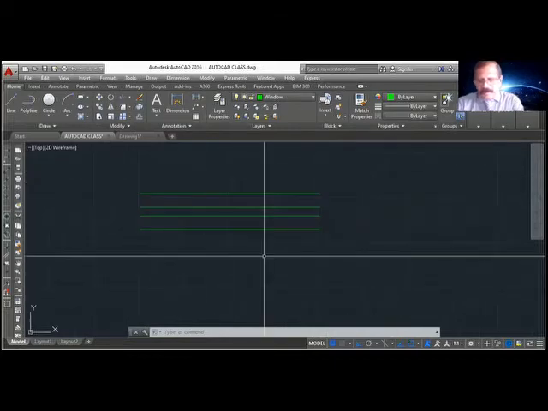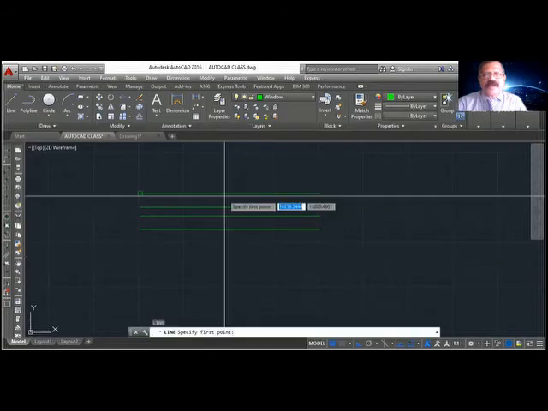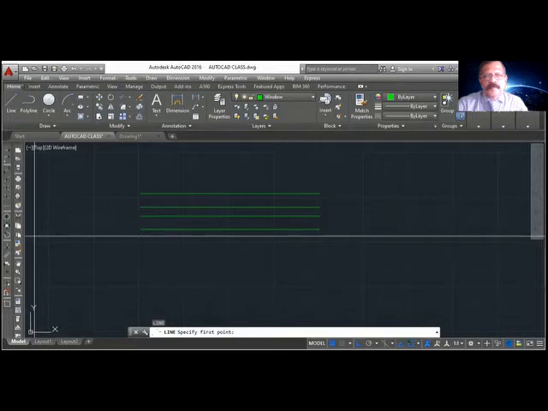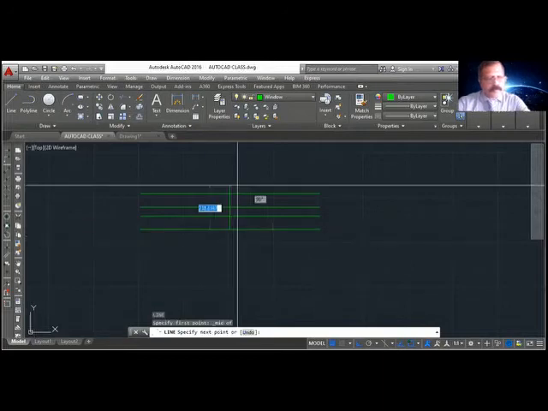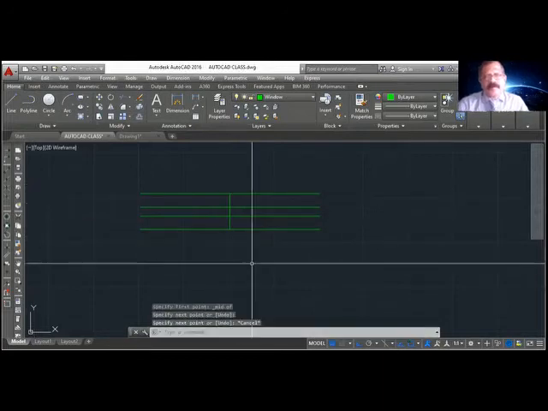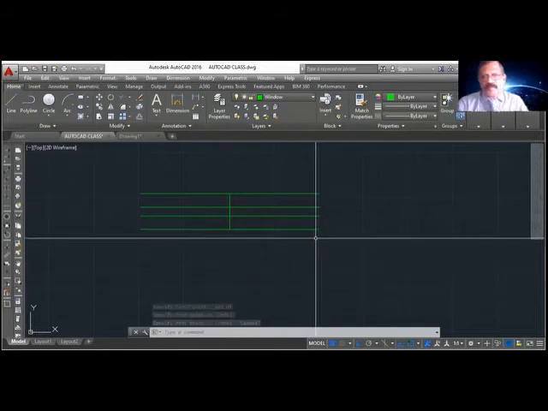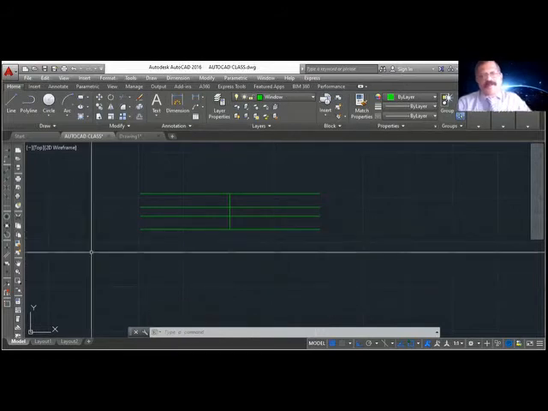Now I'll say line. I'll just draw from mid of this line, perpendicular line. Okay, mid is not on here. I will take mid from here. Mid, perpendicular line. So this is my window. The length is 1 meter, width is 200 because our wall width is 200.